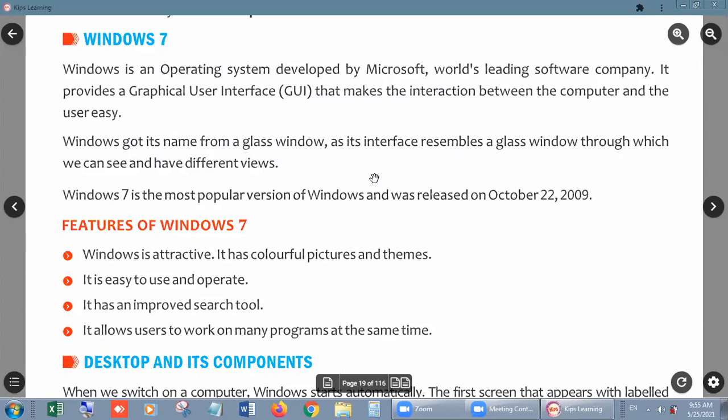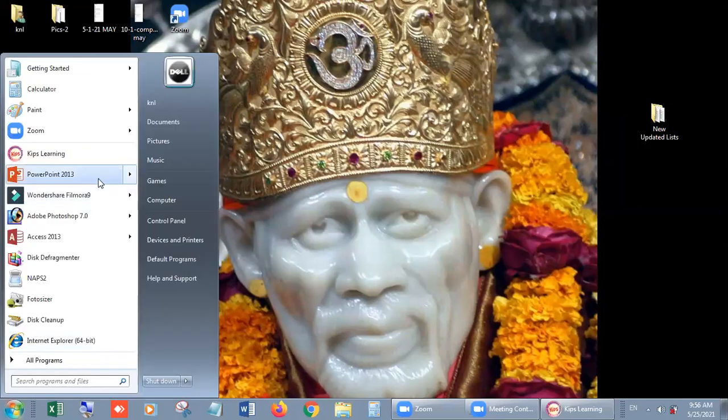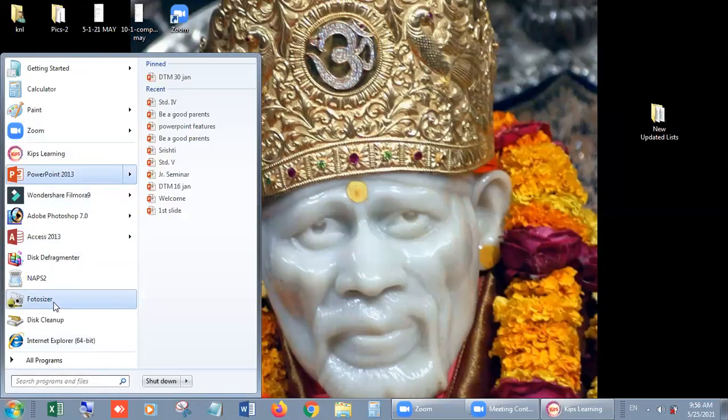In the same way, with the help of Windows, when we start this page, I'm going to show you this page. Now from there we can see inside the computer. Like when I click on the start button, I can know how many programs I have in this computer, right?